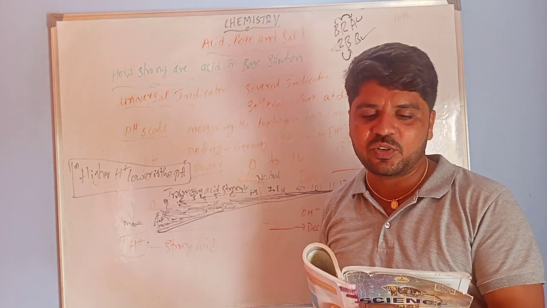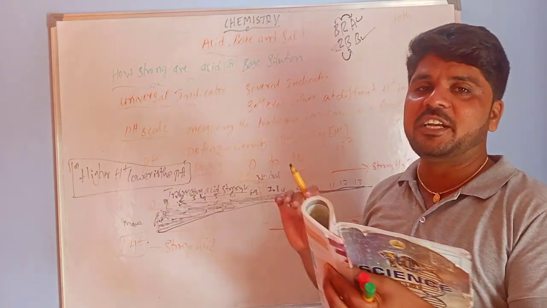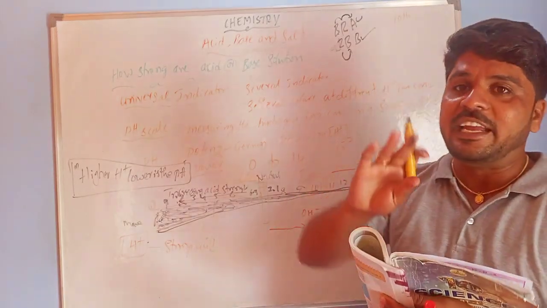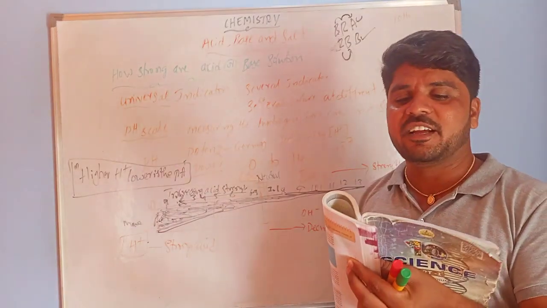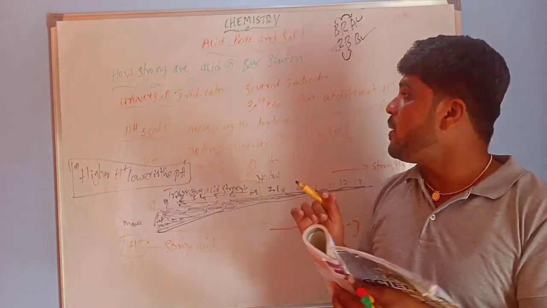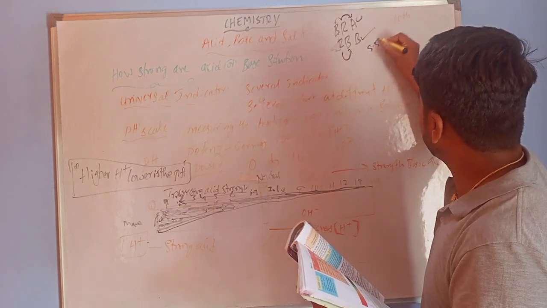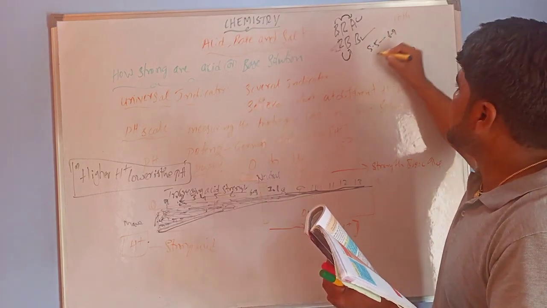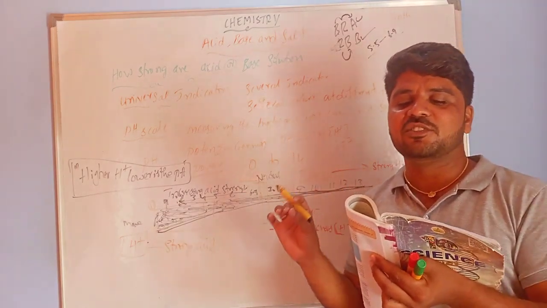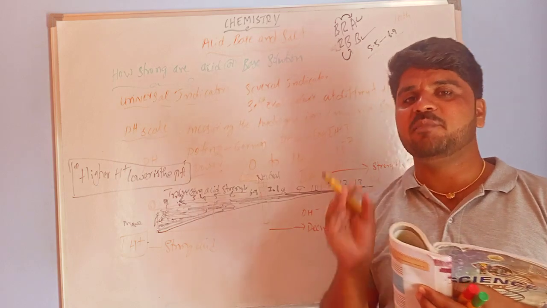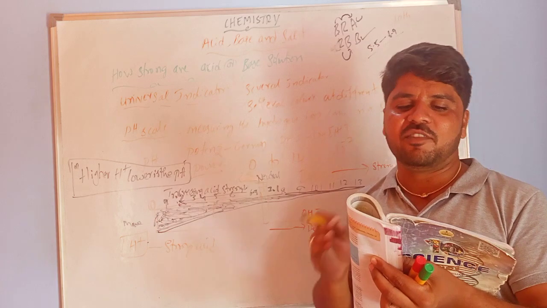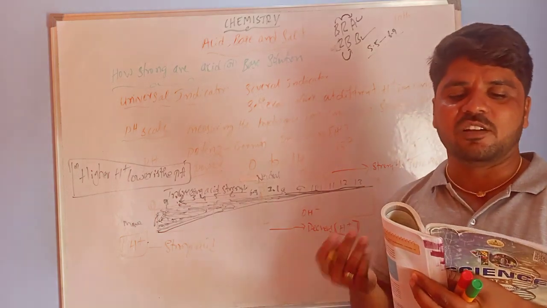First, we use blue litmus paper. When blue litmus paper is dipped in the saliva, you can observe that it changes into red color. The approximate pH value is 5.5 to 6.9. The nature of the substance is mild acid. Mild means a small amount of acid is there in our saliva, after meals and also before meals.